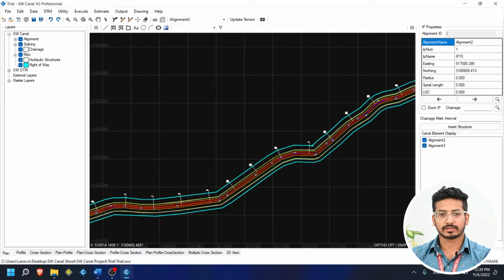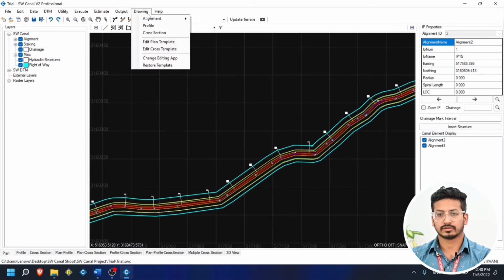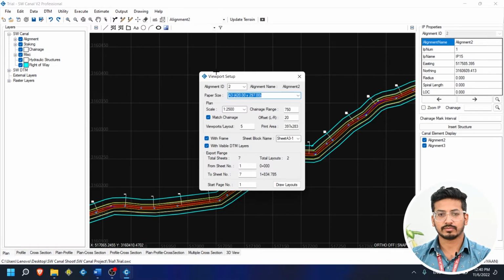Now, let's try to export drawings from the software. Typically, plan, profile, and cross-section drawings are required. For that, go to Drawing option in the toolbar. If we click on Alignment and go to With Report, a dialog box asking you about details will be shown. Make the necessary amendments and click on Draw